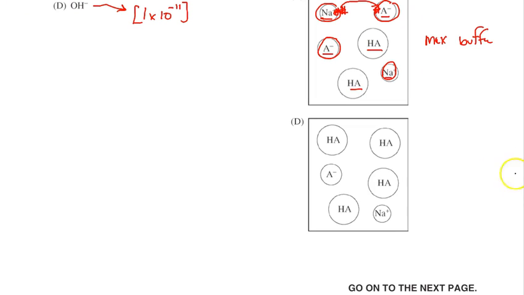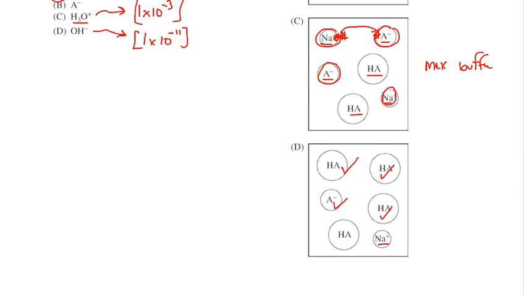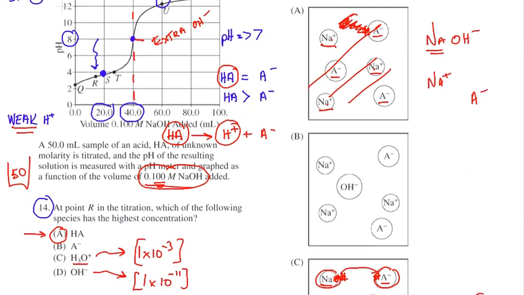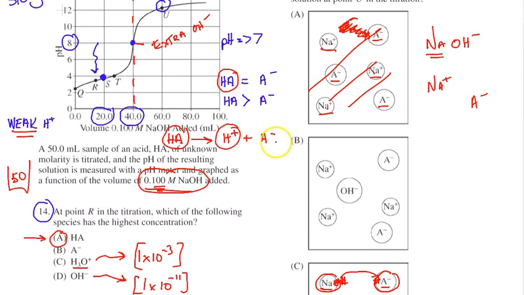D, we have more conjugate acid than conjugate base. Notice the Na plus and conjugate base are the same amount. As I add base, these will be equal. This is point R that we just talked about in the first question. So at point B, or at least question B is the answer, we have a heck of a lot more sodiums, okay? Then we do have conjugate bases because we added extra